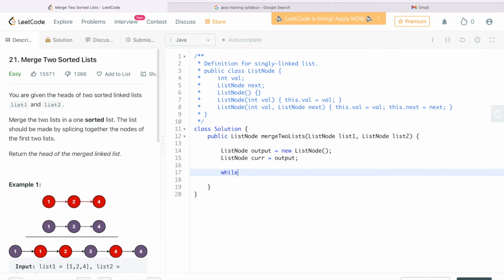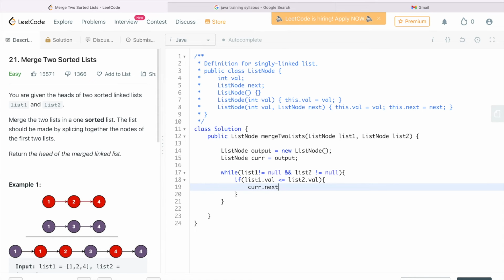We have to run while list 1 is not null and also list 2 is not null, right? Then I will check if list 1 dot value is less than or equal to list 2 value, then current next will connect to list 1, and list 1